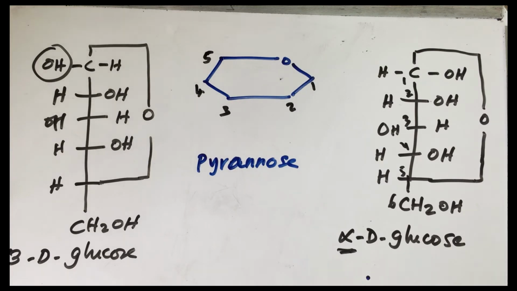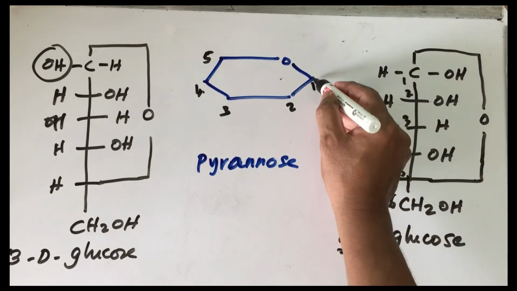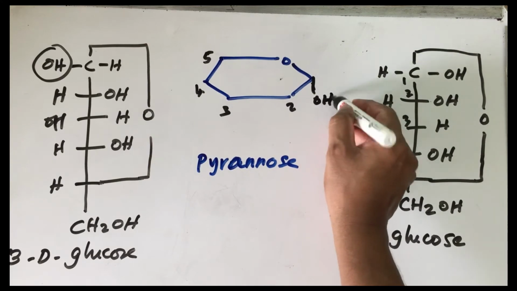So that is one rule that you need to remember. It is to avoid complications when we have to deal with the nucleic acids. Now, whatever is on the right hand side, we will write below the ring. So this is a hydroxyl group which is on the right hand side, so we will write here below the ring OH.